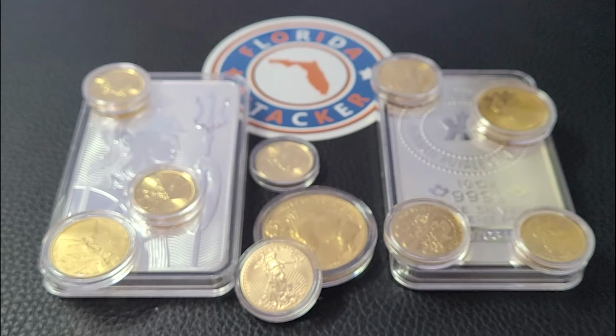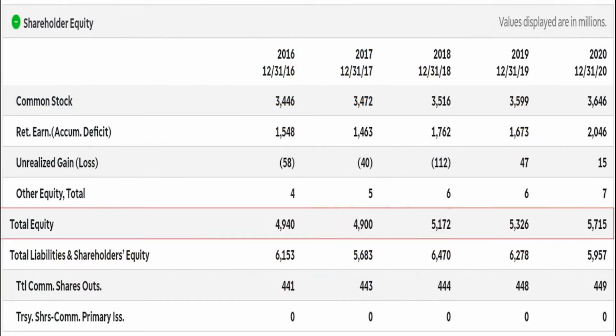Now onto the shareholders' equity for WPM, which is the result of subtracting the total liabilities from assets. Here we can see that shareholders' equity is positive, indicating the company has enough assets to cover its liabilities. We do see that the amount of common stock available has increased by 200 million, indicating some shareholder dilution during